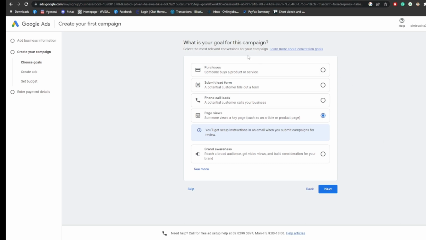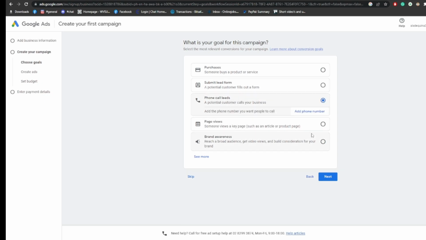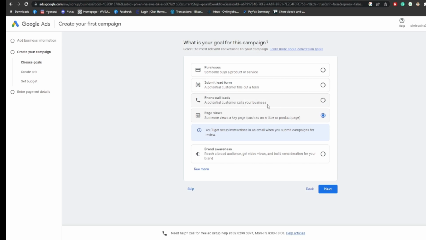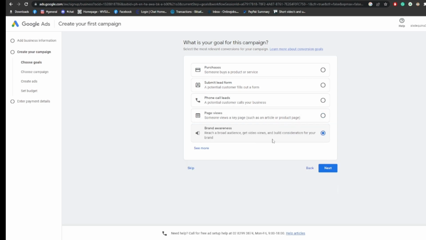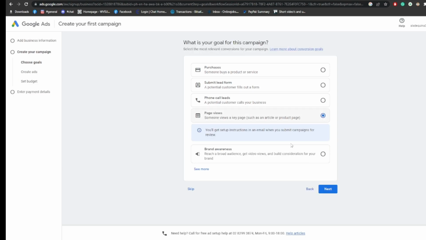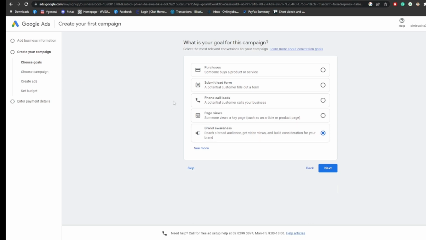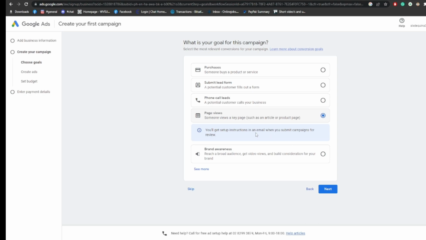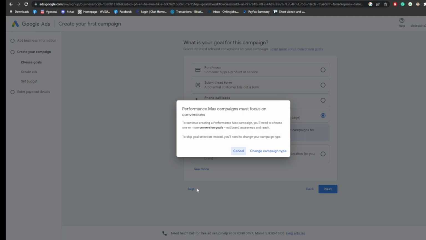So you can have the telephone or phone numbers or the emails, page views, and each type of campaign actually has different steps. And for this, so you can see page views, and this option has different types or steps. So it depends on you what type of campaign you are going to use. So you can also skip this, by the way,